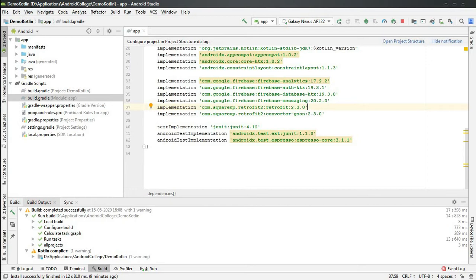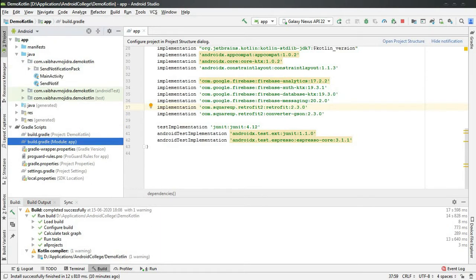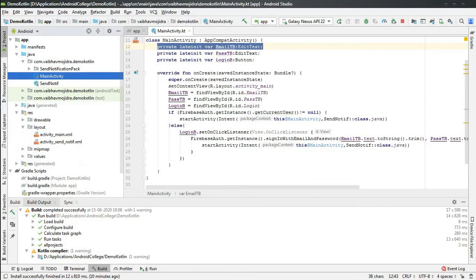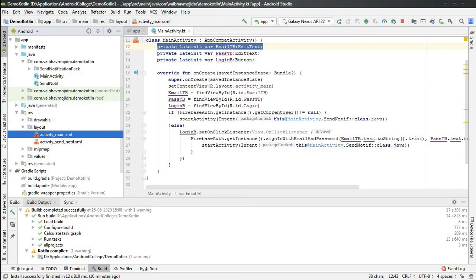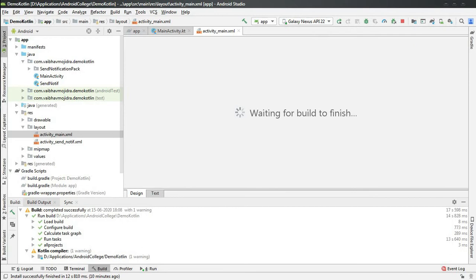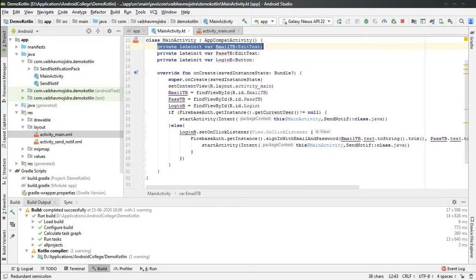Now after adding all these dependencies, we will be moving on to the UI part. First of all, I will explain these two files. The first file is our main activity, that is the layout. Let's see the layout. This is a simple file, saying that there is a login page. In my case I have already logged in, and I'm not explaining the login part, but you have to make sure that the user has logged in.